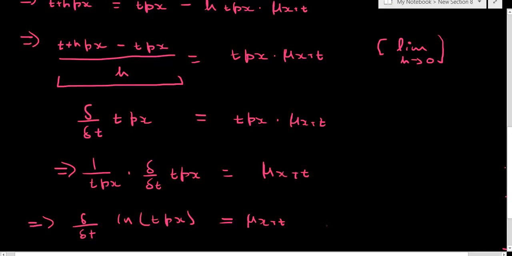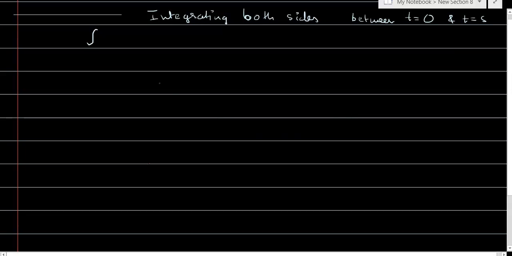If I integrate both the sides with respect to, let's say, I want to integrate these with respect to s. So if I want to take the integration of those two terms at both the sides, integrating both sides between the limits t is equal to 0 and t is equal to s. So I'm just taking an integration. So integrating from 0 to s for the derivative d by dt of log of tpx dt, and this was equal to the integral, again taking an integral from 0 to s of mu